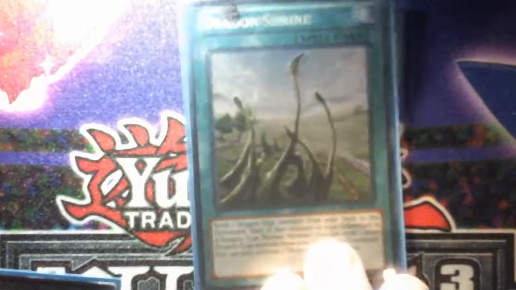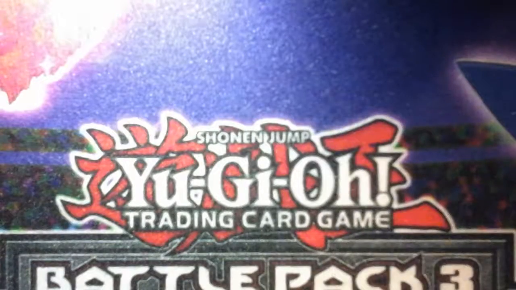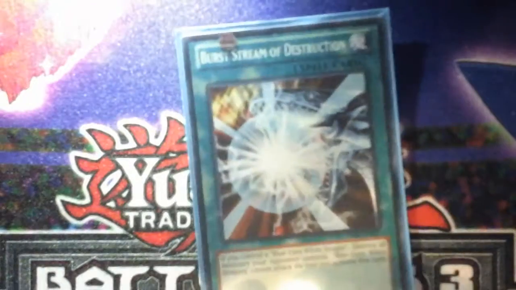1 Dragon Shrine, so I could discard 2 cards. I could discard Dragon-type cards to my graveyard, and if I discarded Blue Eyes, I can then discard another card because the Blue Eyes is a normal monster. 1 Burst Stream of Destruction,